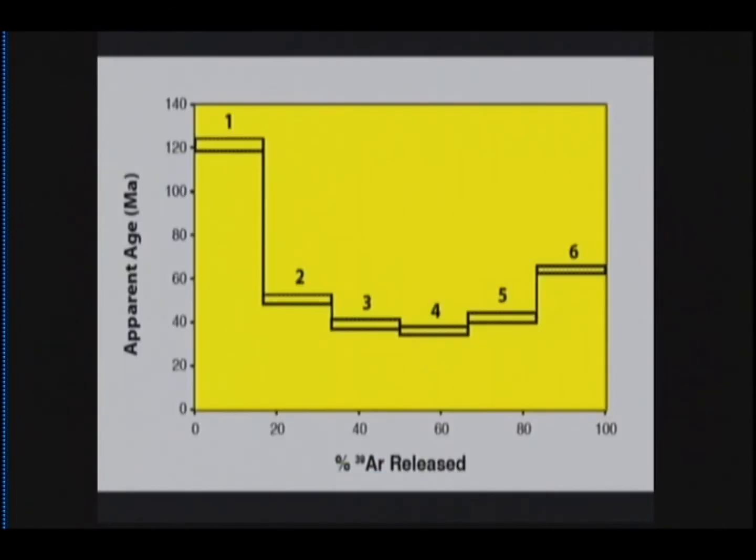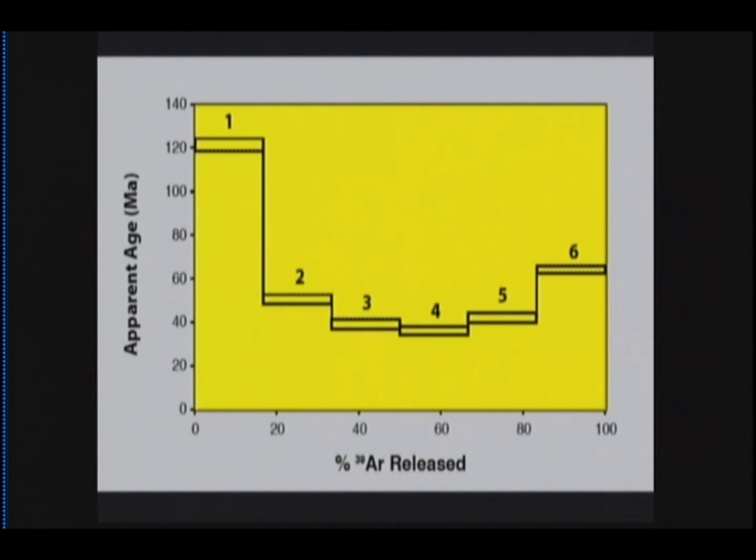And just finally, to show you the relationship between an age spectrum and an inverse isochron. This is an age spectrum that is just made up. It's not real. It's an age spectrum that corresponds to a very typical behavior which includes excess argon from, say, a whole rock sample or a groundmass sample of a lava flow. This kind of pattern is common, and the implication is that there's